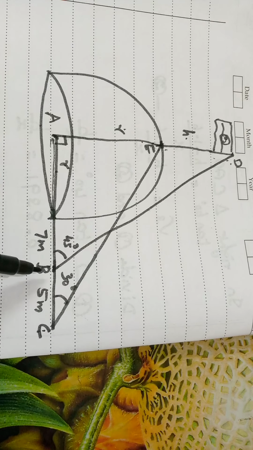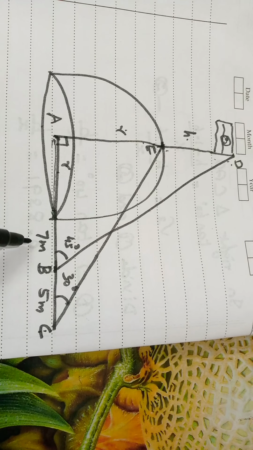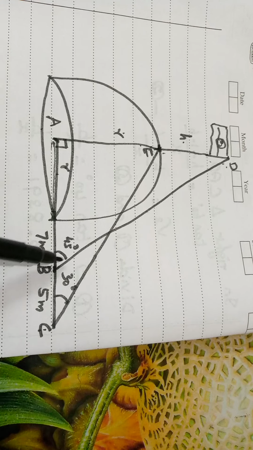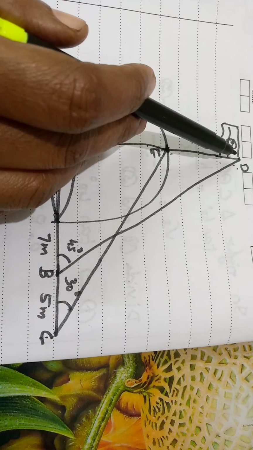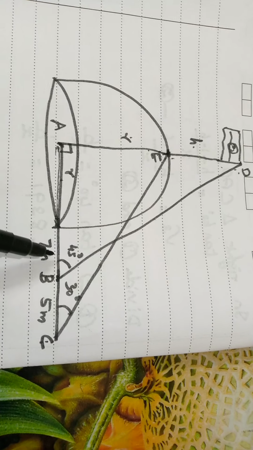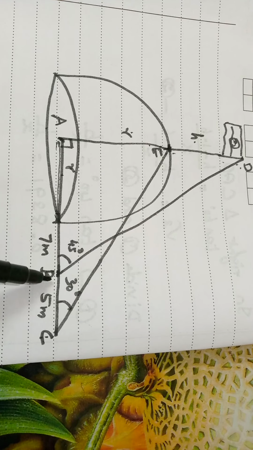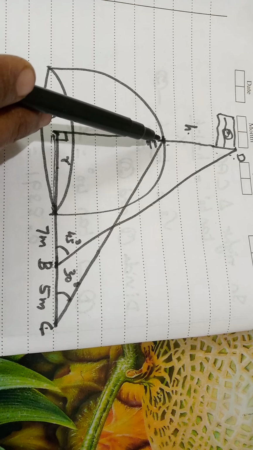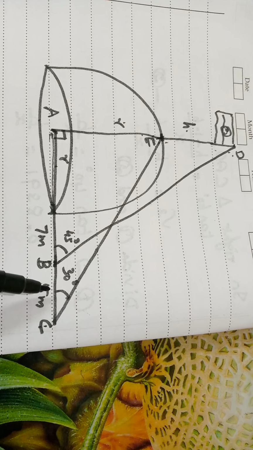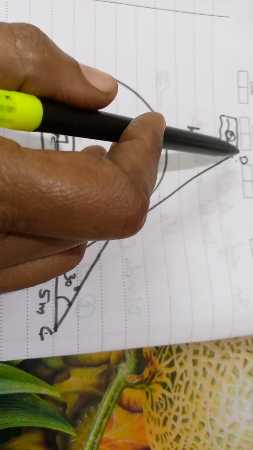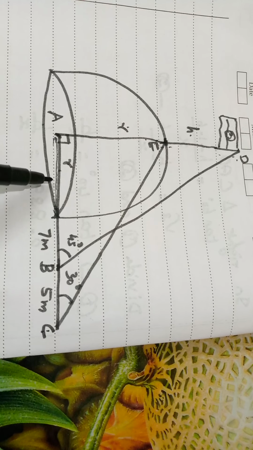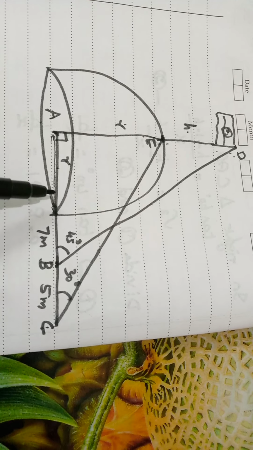First of all, a man is standing at a distance of 7 meter. At the distance of 7 meter, he is seeing the top of the pole and making an angle of elevation of 45 degree. After that he moves 5 meter again and he sees the bottom of the pole making an angle of elevation 30 degree. What is the height of the flagpole and what is the radius of the hemispherical dome we have to find out. Okay, let us do here.